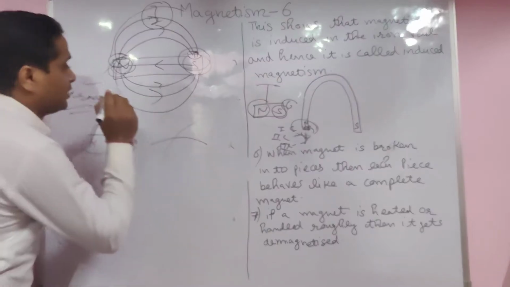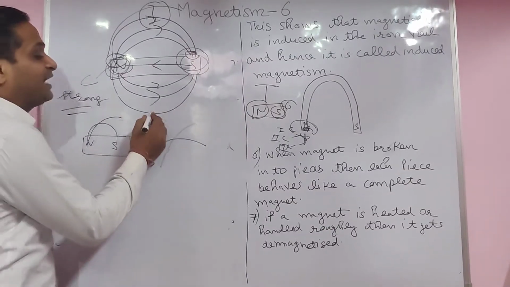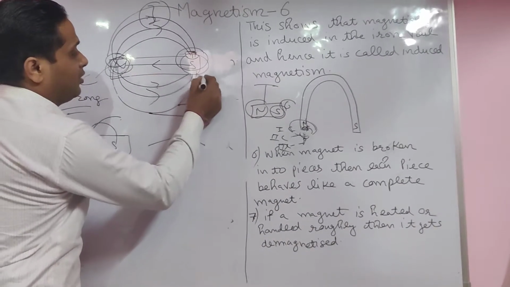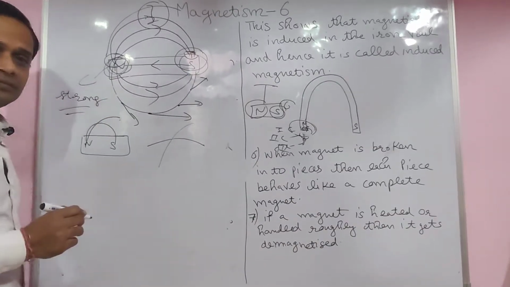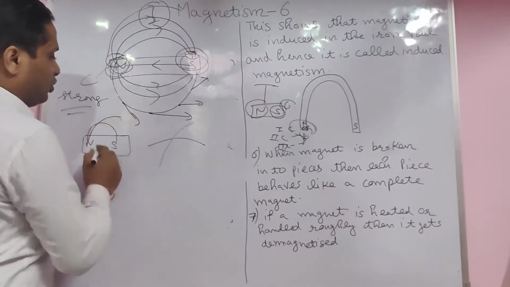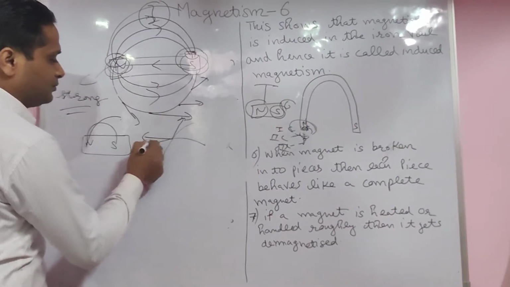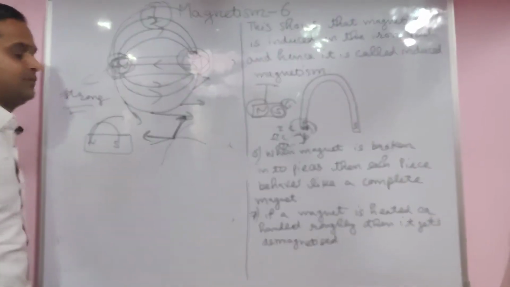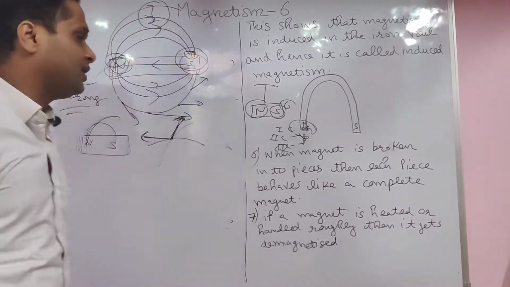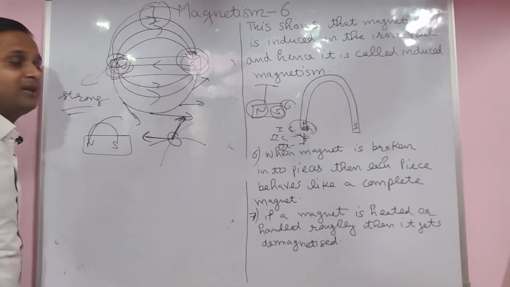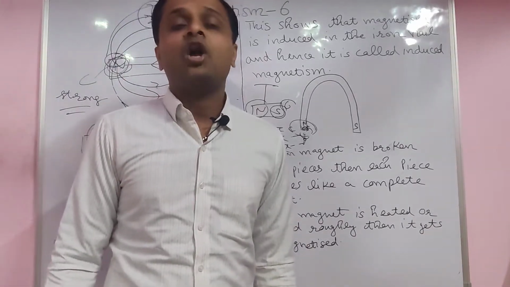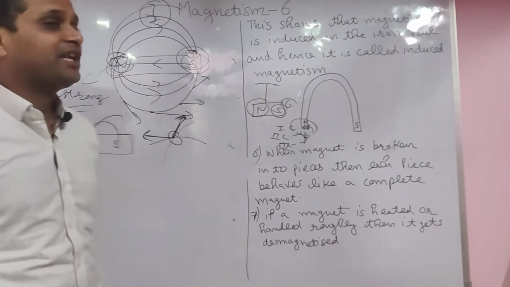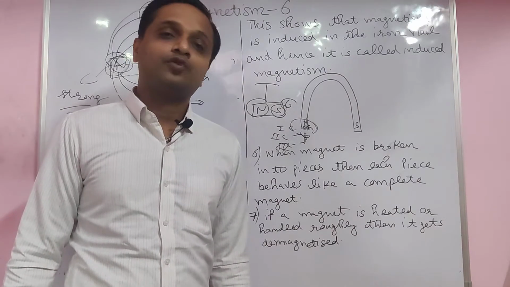Why? For example, if you want to find the direction of magnetism at this point, you always draw the tangent. Always draw the tangent. Keep in mind. So no two lines cross each other. If at this point you take two tangents, actually two directions are there in the magnetism. It is not possible. It means two magnetic lines do not cross each other. So these are the properties of the magnetic lines of force. Thank you.